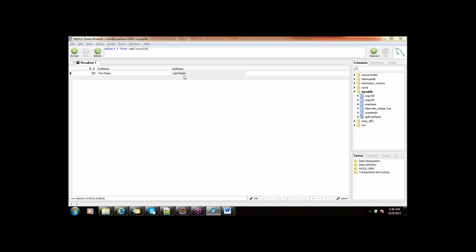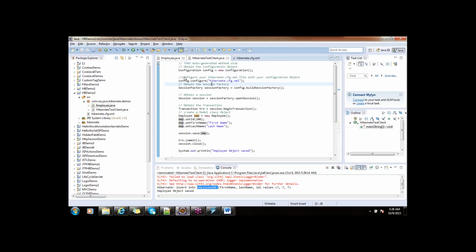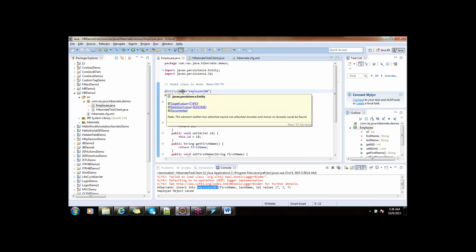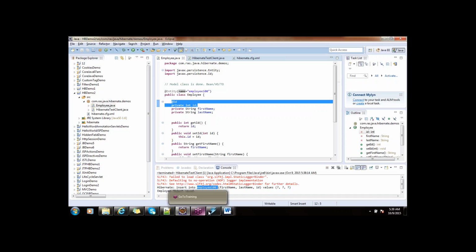So I marked my model class as an entity, and I gave it a name. The entity annotation has an attribute name which takes the value for the table name. And I marked my ID as a primary key, and you can see in my